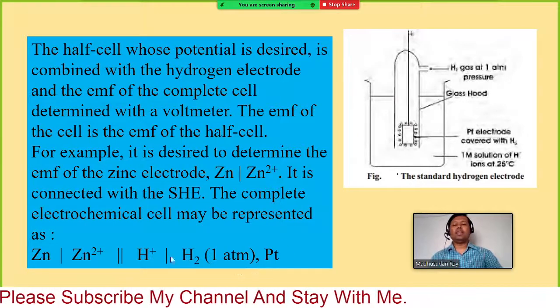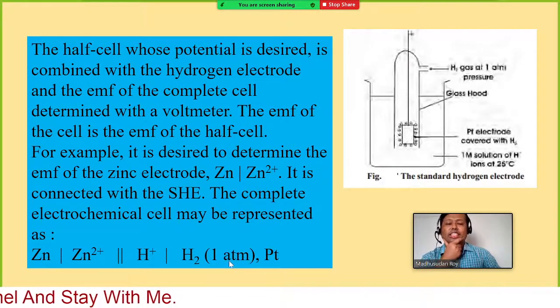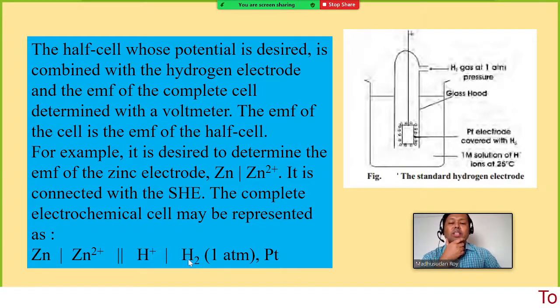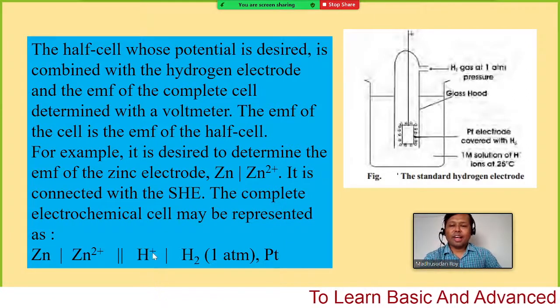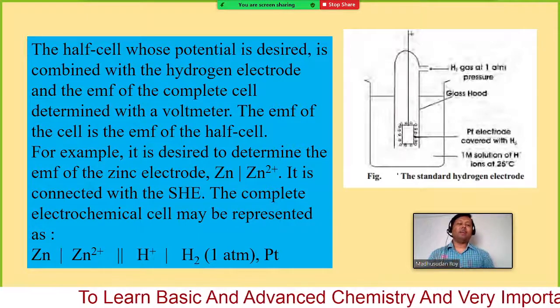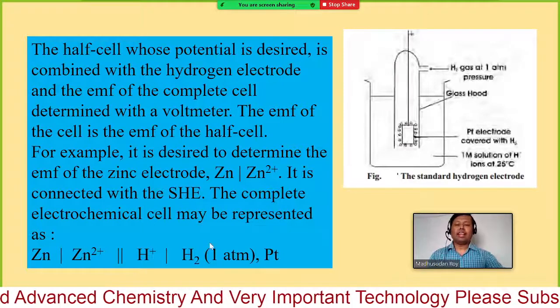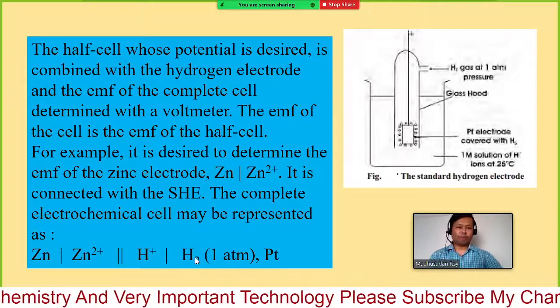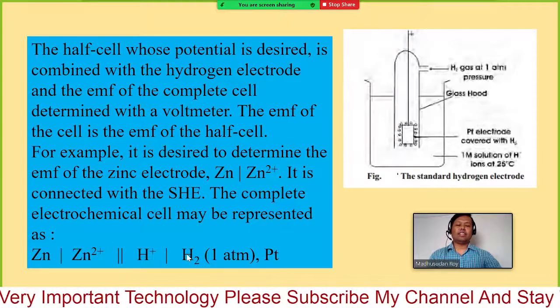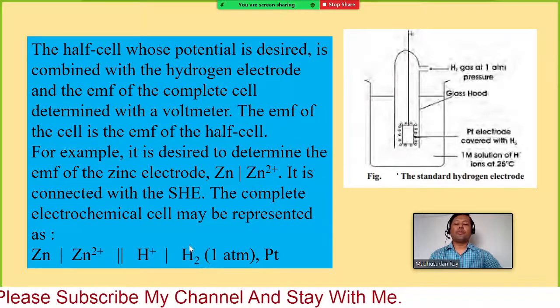That means actually hydrogen is a gas, hydrogen gas at 1 atmosphere. So in that case, you need to put some inert electrode inside the ion. This is our ion. So you need to get connection, you must put some electrode. But as hydrogen is in gaseous form, you cannot have the connection. In that case, you need to put some inert electrode into the ion.